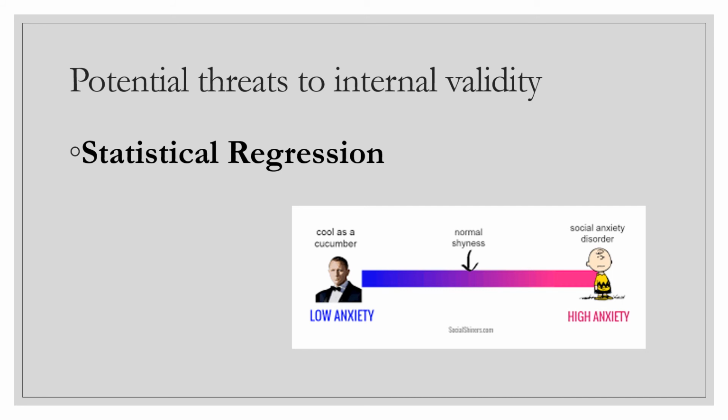Let's take an example. A researcher might assign people to, say, one of two groups, high anxiety or low anxiety, based on their extremely high or low scores on a self-reported questionnaire designed to measure general anxiety level. Especially if the initial extreme scores were the result of people's temporary circumstances, circumstances which might have made them feel exceptionally anxious, the supposedly high anxiety people would become less anxious and the supposedly low anxiety people would become more anxious regardless of any experimental intervention the two groups might undergo.